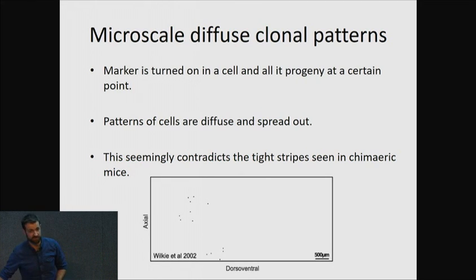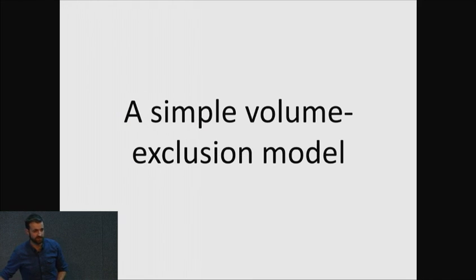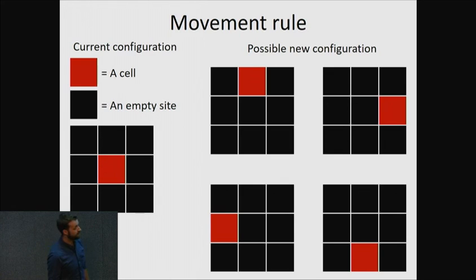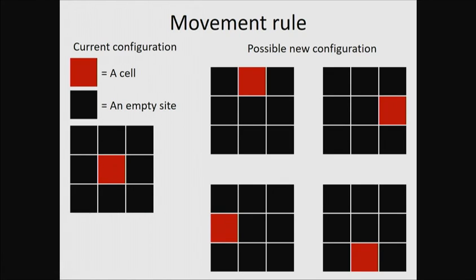So we wanted to try and investigate this and see if we could replicate this in the model. So that's a lot of biology and a lot of data, but I think it's important to try and show what we've done. But now I'm going to tell you about the model itself. So it's really simple. It's an on-lattice volume exclusion model. So we take the region we're interested in, from the back to the front between the limbs. We unwrap that into a rectangle and a plane, and then we put a lattice on top of that,